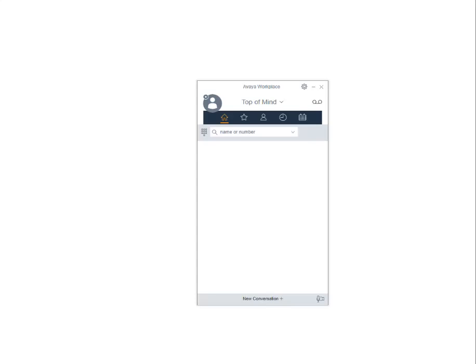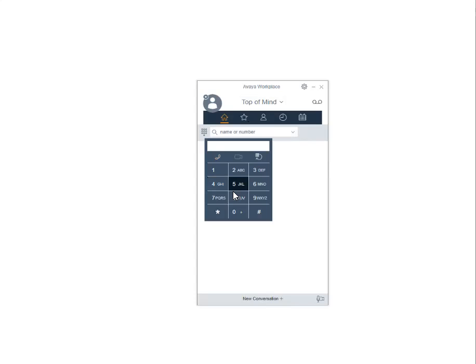We're going to review how to use the Avaya Workplace app for a Windows user in order to place a phone call. Here we have the app open to the home screen called Top of Mind. I can use the keypad, clicking, and then entering the 4-digit extension, and then clicking on the call button here